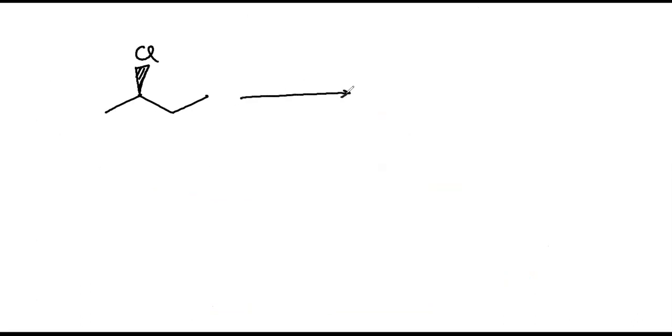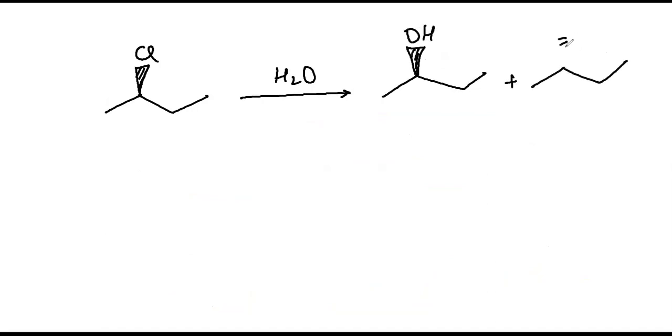Let's say if we have this, we threw this thing in water, we got two products. We got this, we have done this already. And we got this as well, isn't it? We got two molecules only, no? Yes, sir. These two molecules we got. Now, I hope you understand that in the question Cl is on wedge. Since Cl is on wedge, you will get more amount of dash. Inverted product is always formed in major amount.